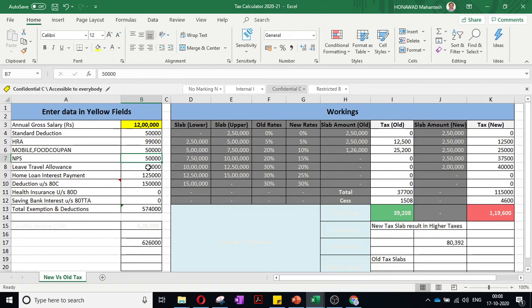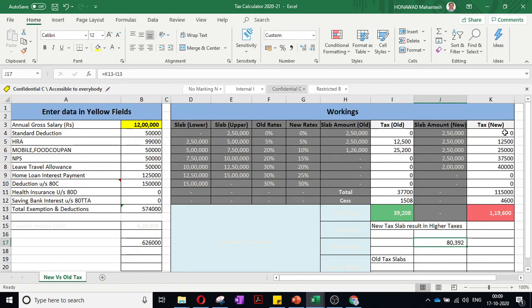Only thing is leave travel allowance. You can take this 2 times in 4 years. It is called a block year. So even going out with your family is not a big thing with 50,000, including your parents, kids, and wife. So if 4 or 5 members are going, 10,000 per head is not a big expense. You all will enjoy and come. So instead of giving 80,000, you can think that you are spending 50,000. Still, you will save 30,000 compared to the new form.